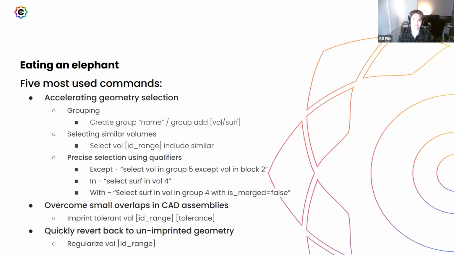You can use in, so for example, select surf in volume 4 to get all of the surfaces that compose volume 4. And with is really useful for getting a subset of a group. So if I wanted all the non-imprinted and merged surfaces in a volume in group 4, then I could select the surfaces in the volumes that are in group 4 and then say with is merged equals false. That is merged equals false says, these are not imprinted and merged. I want the ones that are maybe exposed to the air, so that they're not going to be hidden by